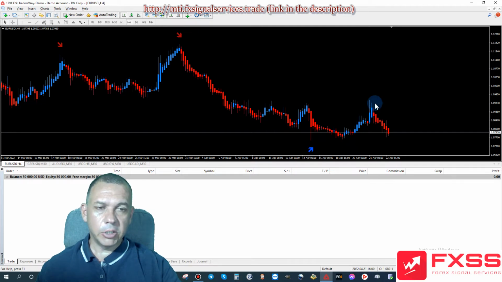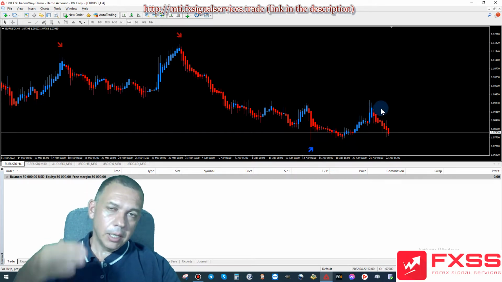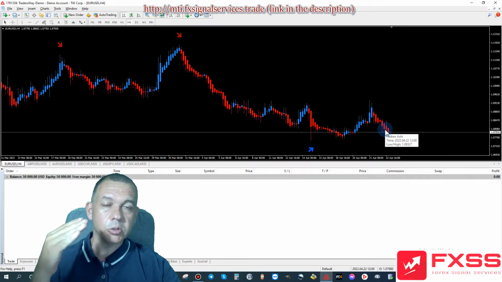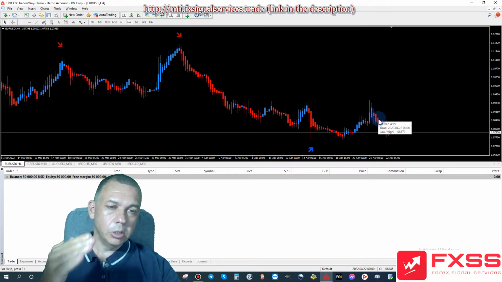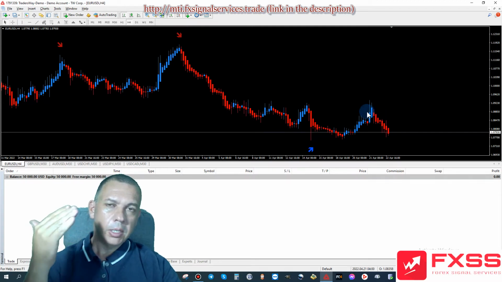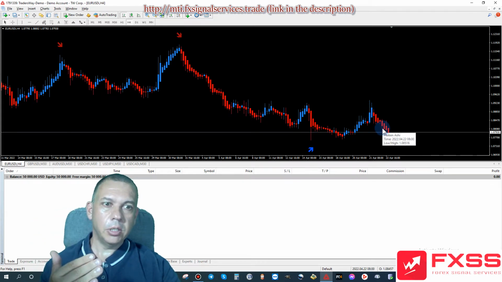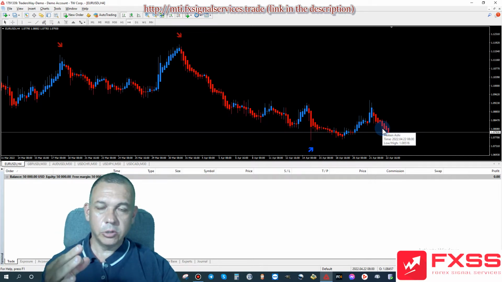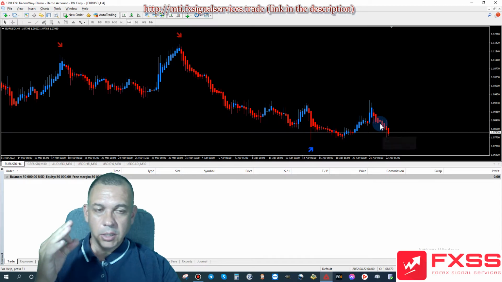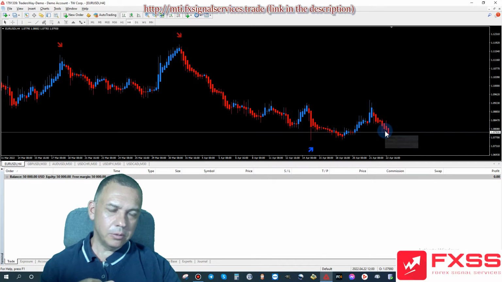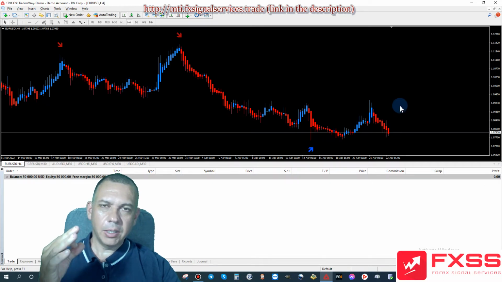The price had already shot up and then come back down again, and this is what we call the pullback. And this is how banks and brokers can manipulate the market and cause you to lose, because you'll see the price going up and then you'll buy, and then the price will shoot back down and you say, oh no, and then you close that trade, or it'll hit your stop loss, one of the two. Either way, you'll take a loss, and then you'll place a sell trade thinking the price is going to be dropping, and then the price will shoot back up, and that one will be in a drawdown or close at a loss as well.